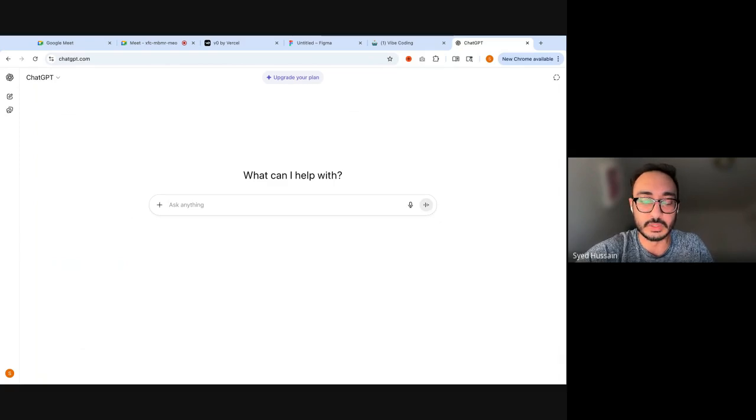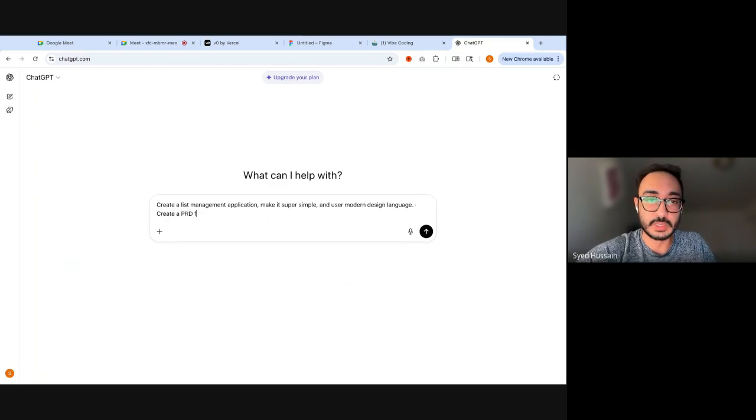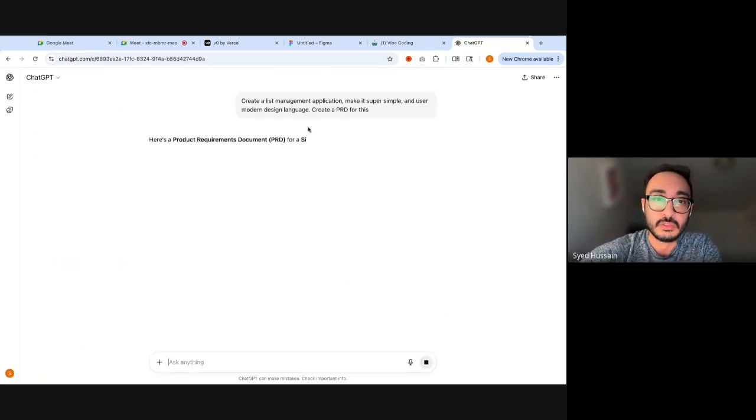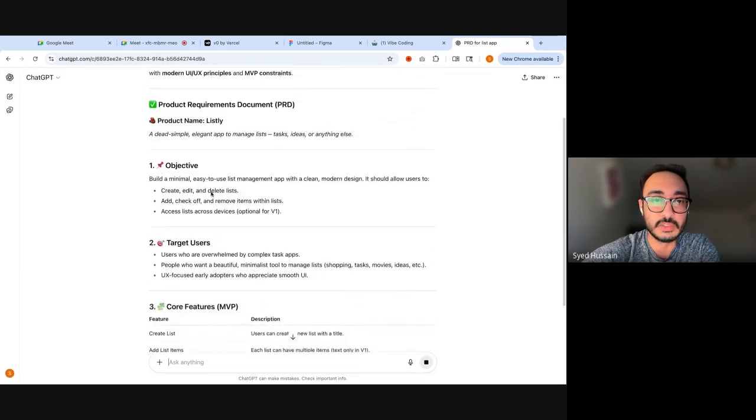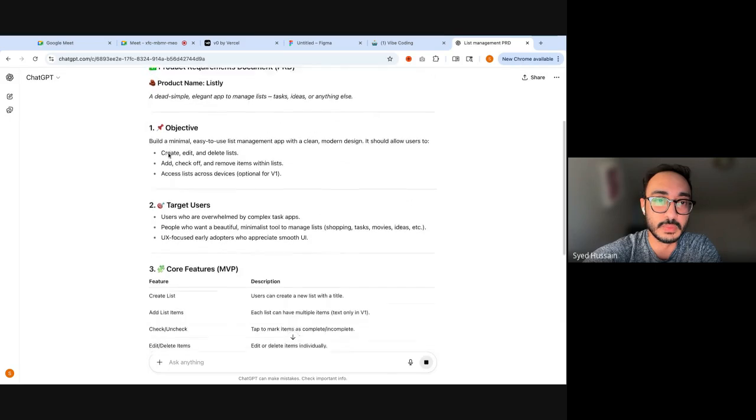But I can also use ChatGPT over here. For example, I can ask it to create a list management application, make it super simple, and use modern design language, create a PRD for this. So what ChatGPT would do is create this application that we are trying to make, and will give us